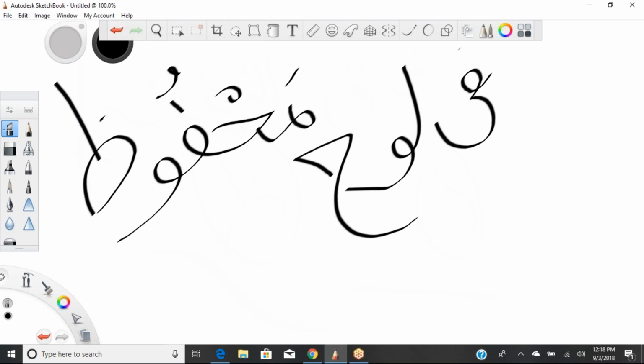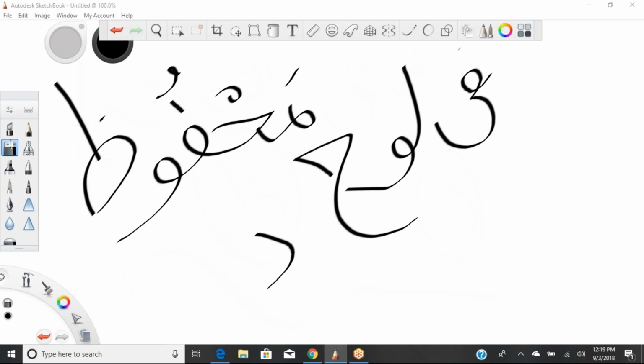The air flows in it, and it has isti'la. How many people say fi lawhin mahfuz? First, there's no sound. You're supposed to say mahfuz. Now, also it is mufakham. It's not a vowel. This written here is not a vowel. Mahfuz, mahfuz. Even though it has a sukoon, the tongue has to be raised up when you recite it. Is that clear, Muhammad?